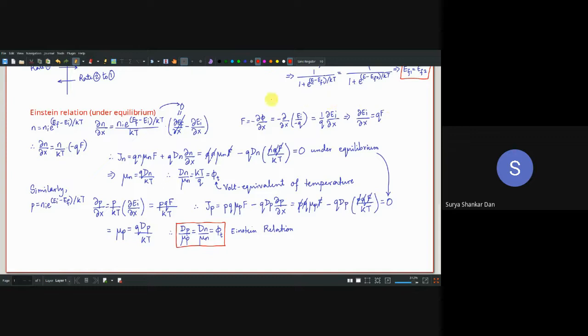And this is by definition. So I should actually put here 3 dashes. So that means this is equal to by definition, or equivalent. Okay, so what I have done here is that if del EI del X is equal to QF, I will just replace all del EI del X by QF, and we will just cancel. You will get this. In the next part, you will also get the difference over here, and finally you end up in this relation.